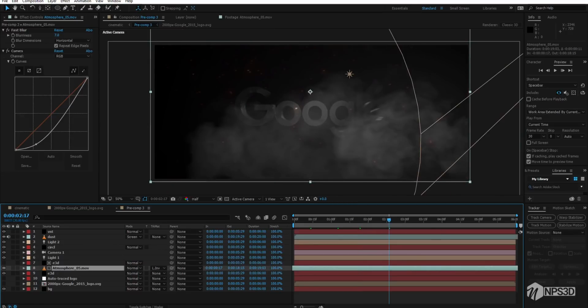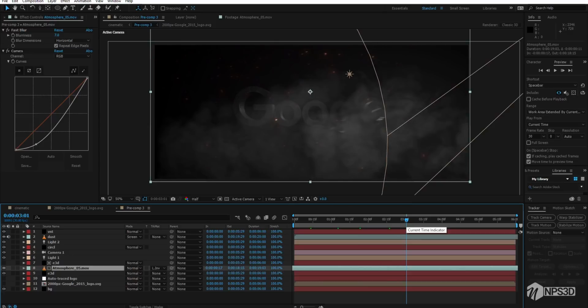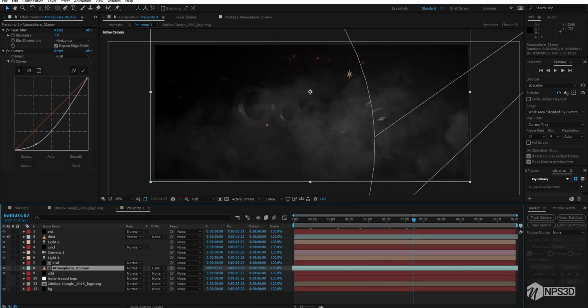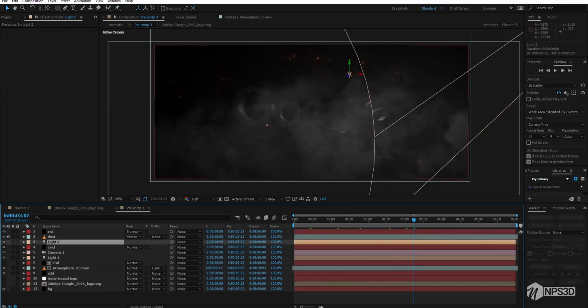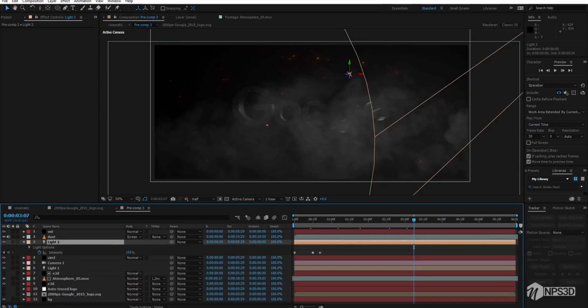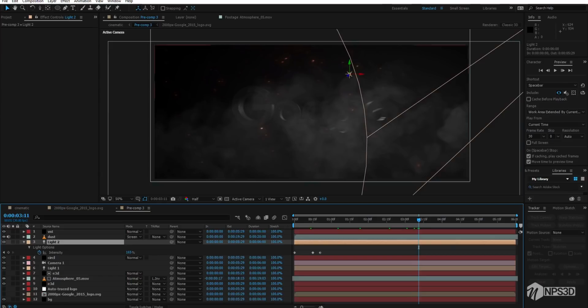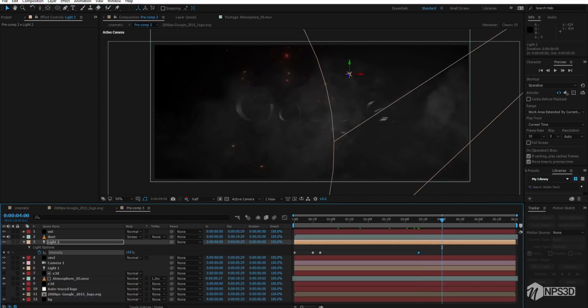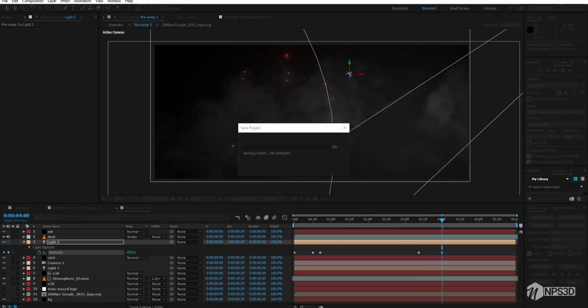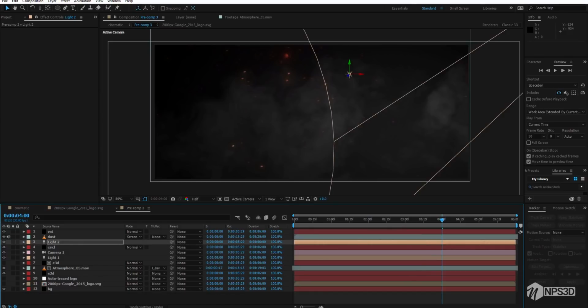And also go to the 3 second and go to your backlight and press T for opacity, and in the 4 second this will be 0. And one more thing is